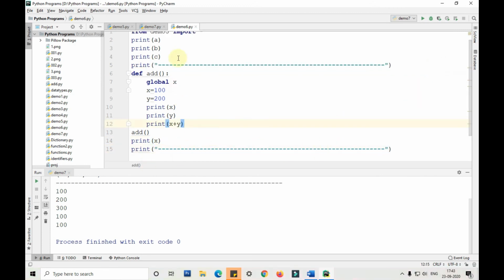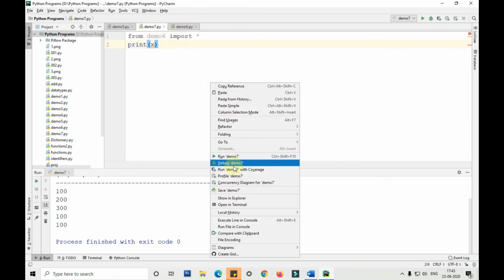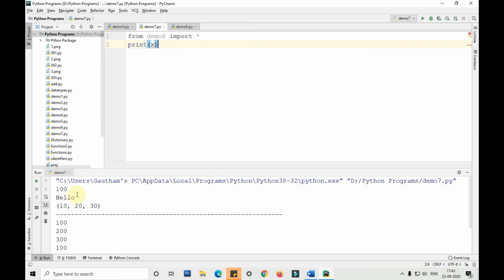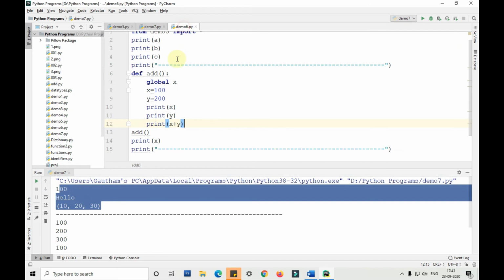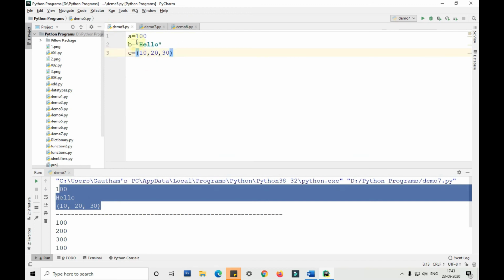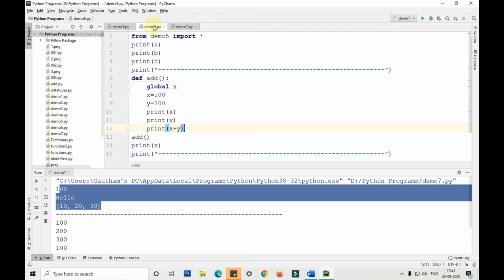I have drawn a line here, and I am executing the demo7 file again. Till here we are printing the values from demo5 in demo6. That is, A, B, C are declared in demo5, and I am printing them in demo6.